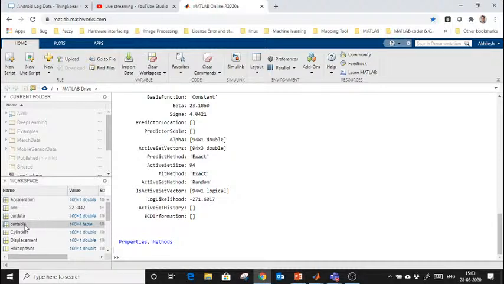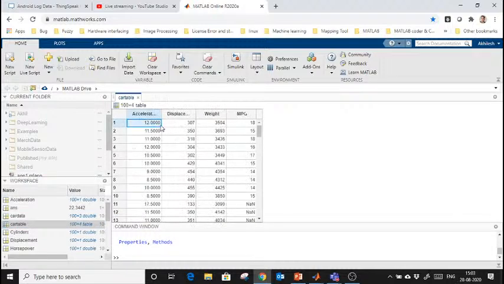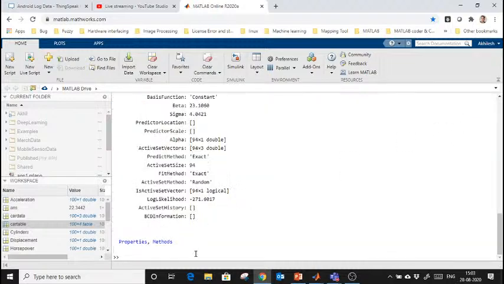You can't provide numeric data because your input arguments are a table. So what we can do here, you may not do, just I am doing it. I am just selecting these three, right click. Okay, the option is not coming. Okay, leave it. Let me close this first of all. Okay, this is my model